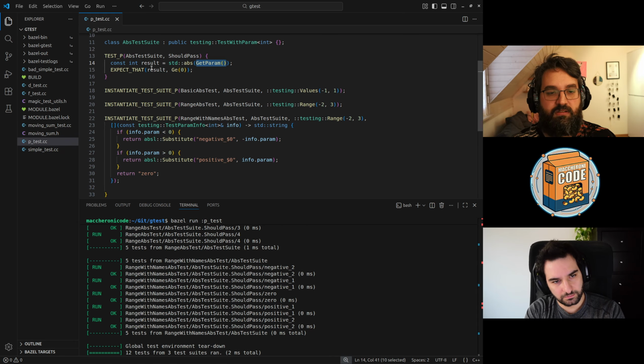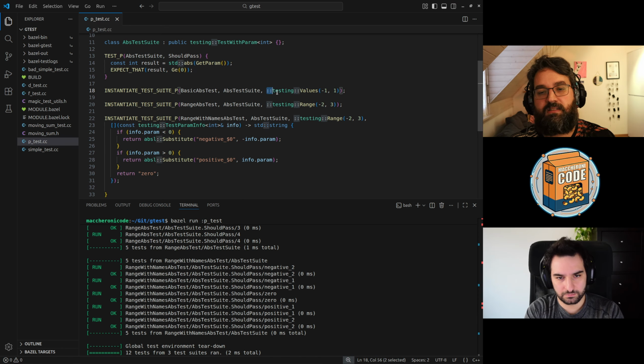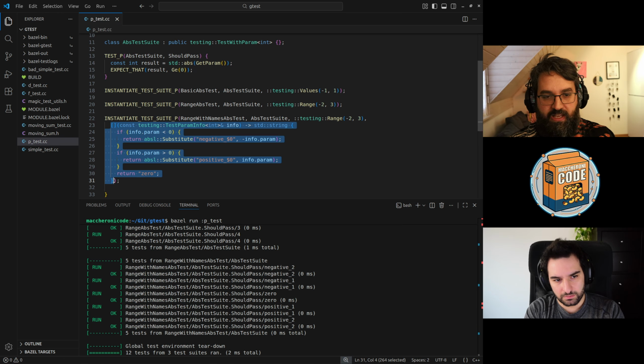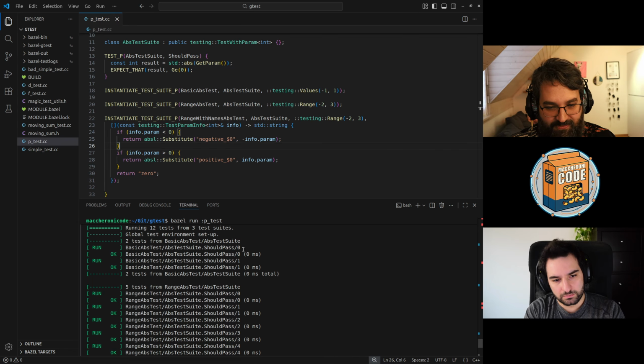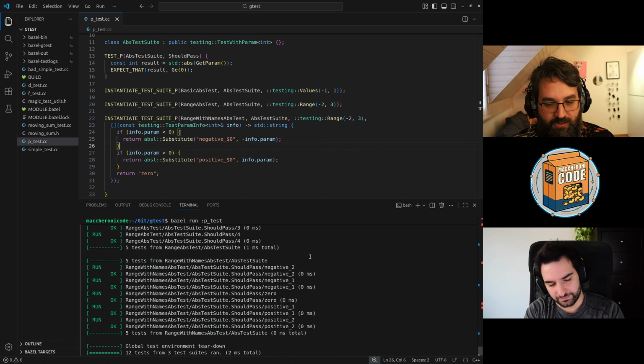How do you pass the different values? You can use INSTANTIATE_TEST_SUITE_P, in which you give a name to this specific instantiation. You give it the name of the suite because it is what you are instantiating, and then you can pass handpicked values, or you can pass a range of values, and it will just go through them. Or you can even pass a formatter, which takes the test case and provides a human readable name, because if you notice here, by default, they're called 0, 1, 2, 3, 4. Not really useful. You can give it a better name. It's better with a good name.